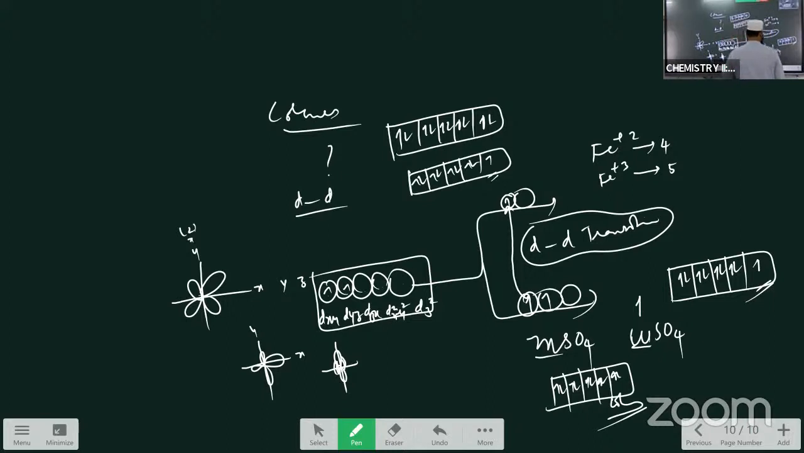Now next, aqueous CuSO4 is colorful and anhydrous CuSO4 is colorless. What is the reason बोले तो aqueous CuSO4 में water d orbital को split करता, crystal field splitting of the d orbitals gives the colors to the aqueous CuSO4. Okay, this is about the colors of the